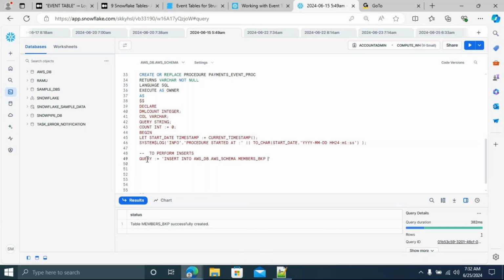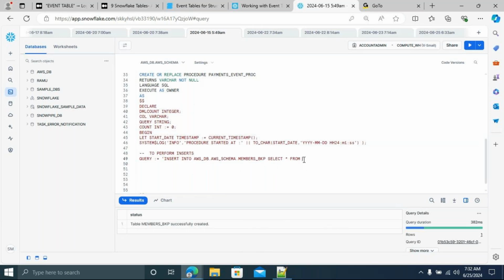And then select star from members. Hey, database, see, AWS, without schema, don't give it. See, if you are running in this environment, it will run. If you go and run in some other environment, it will fail. It will say table does not exist.